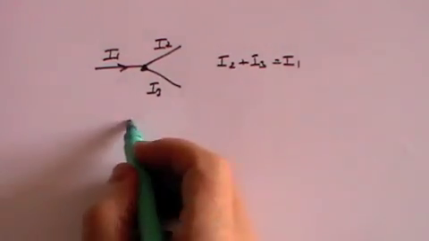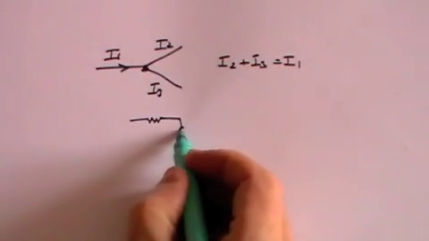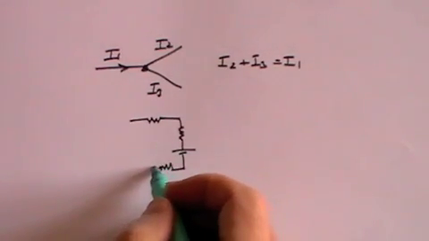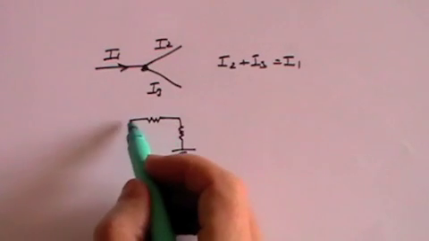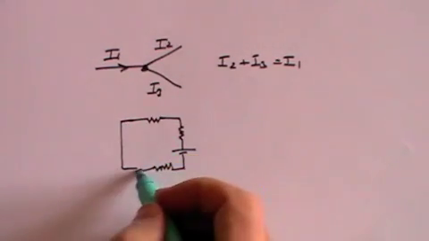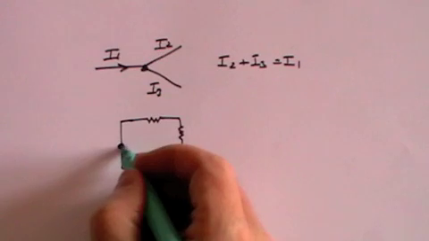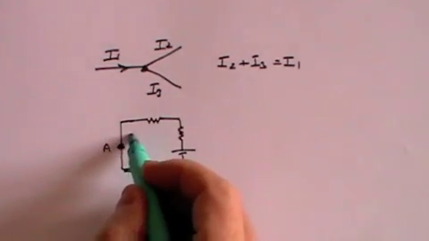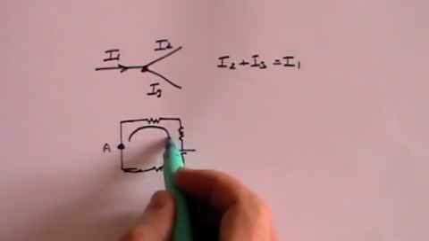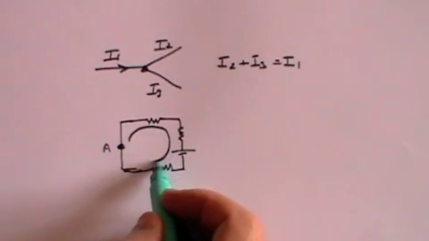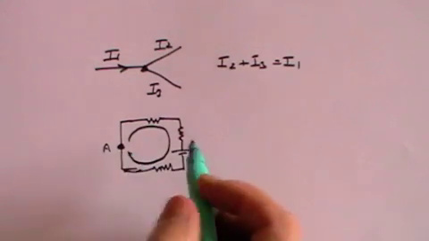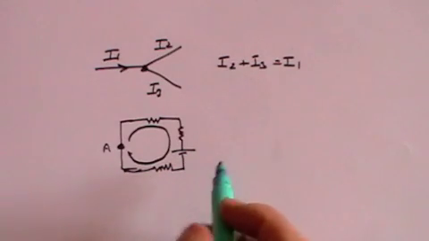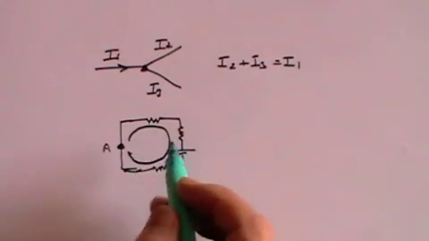Kirchhoff's second law says that no matter what kind of circuit you may have, it may have batteries in it, it may have resistances in it, it may have lots of other things in it, but the simple fact of the matter is that Kirchhoff says start wherever you like, call it point A. As you travel around the circuit, you will either have an increase or a decrease in the potential difference. As you go across the resistances, as you go across the batteries, there will be a change in the voltage,